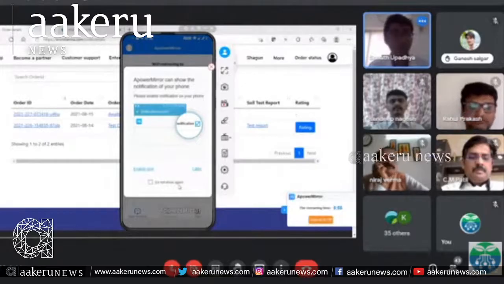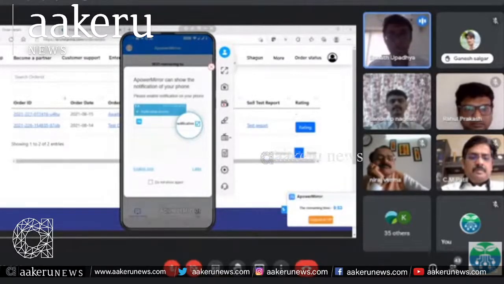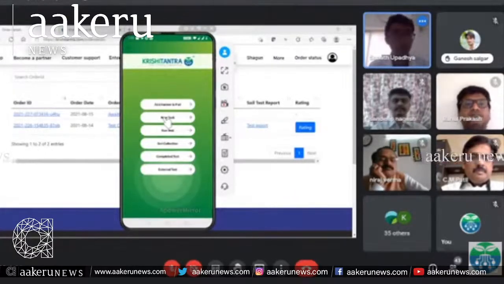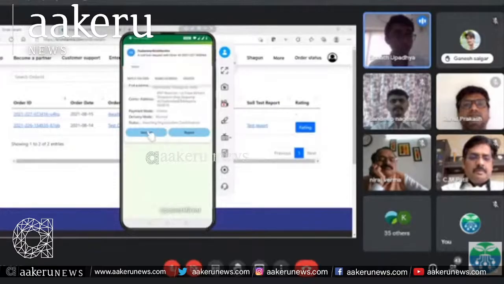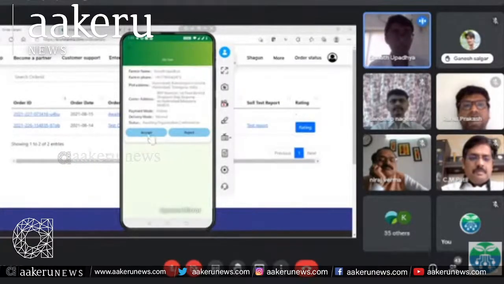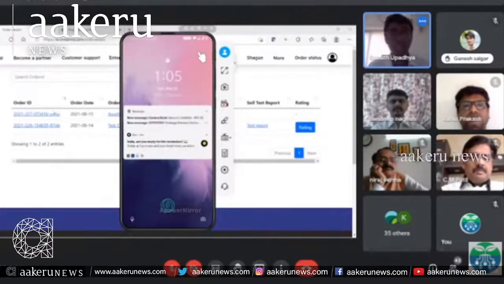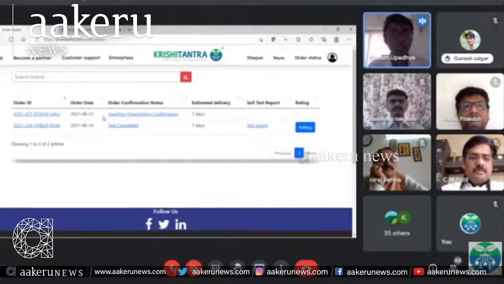And yeah, so the mobile application, if you're able to see the screen here, they will just have to go to new task and click on accept. So once it's accepted, right, this will actually be changed, and we will have to go ahead and can view